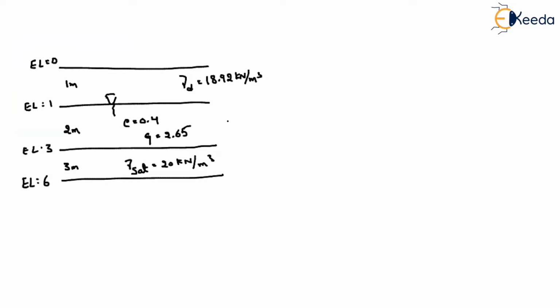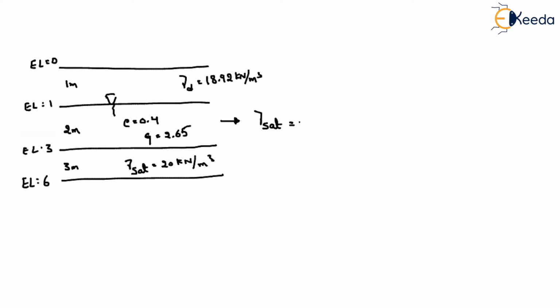Now, our motive is to find the total stress diagram, pore water pressure diagram, and effective stress diagram, right? Here the dry condition is there, so the dry unit weight is given. Up to this level, all the soil is in the saturated condition, so we have to find the saturated unit weight. For the bottom layer they have directly given it, but what about this layer? How can I find gamma_sat for this layer? For that, you need to recall the formulas that were discussed in the three-phase diagrams of a soil.